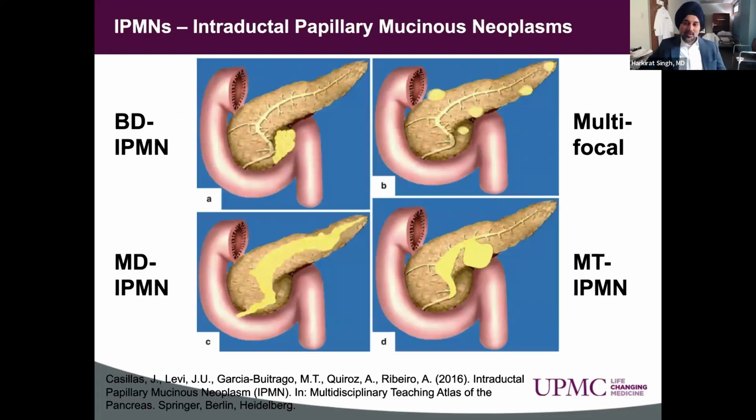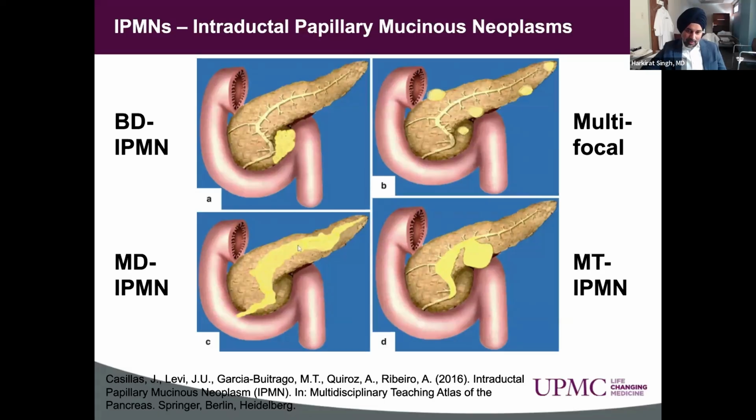We move to IPMNs, which are the most common cysts that we see in our practice. And sometimes it's difficult to make a clear-cut recommendation on these cysts, and we'll talk about that. So most of the talk will be spent on these cysts. To understand IPMNs, there are 4 major kinds of IPMNs we see. In this picture, you see the pancreas, and this is the main pancreatic duct. If a cyst is originating from the branch duct, we call them branch-duct IPMNs. If there are multiple of these spots or cysts in the pancreas, we call them multifocal branch-duct IPMNs.